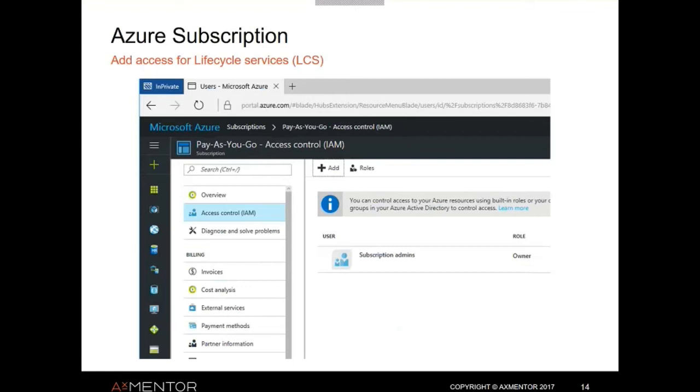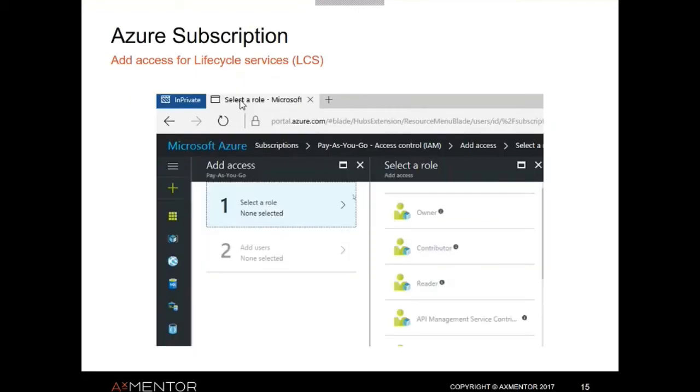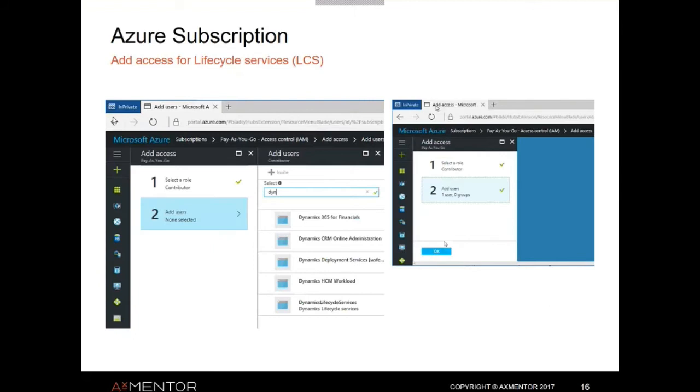When we click on access control, we get the possibility to add users. So click on add here, and then we need to select a role for what we are adding. And LCS needs to have the contributor role. So click on that, and then we need to search for the user,